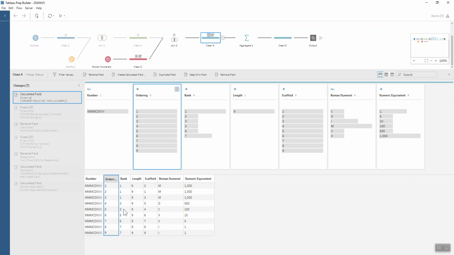So what we're going to do is, at the moment, our ranking is not the numbers 1 to 9, it's only the numbers 1 to 7. So we want those to be the numbers 1 to 9 to start off with, to give us some idea of where our Roman numeral should be in the ordering, in the context of how many characters we have in total. So we just write a calculated field that